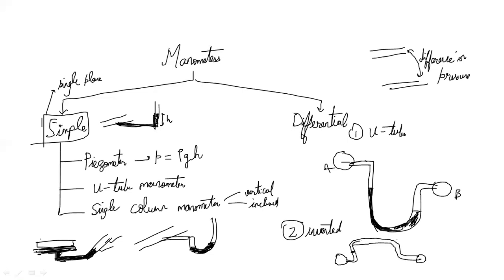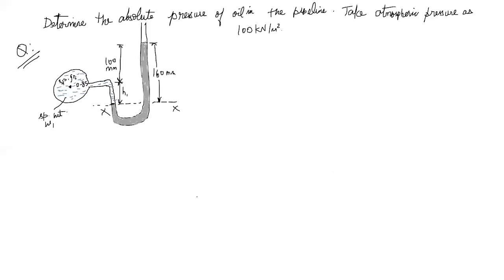In this case, we normally go for oil or liquids lighter than the liquids flowing in these pipes. So if water is flowing, then we go for oil having specific gravity generally less than water, because this is of inverted shape. Okay, so mercury won't work here, oil works here. So this is a simple concept. Now let us move over to some questions to understand how this works.